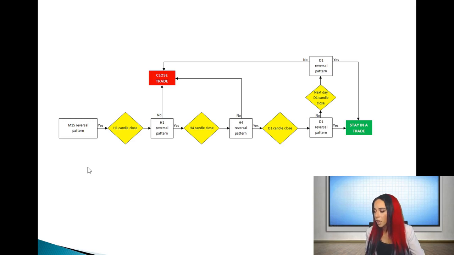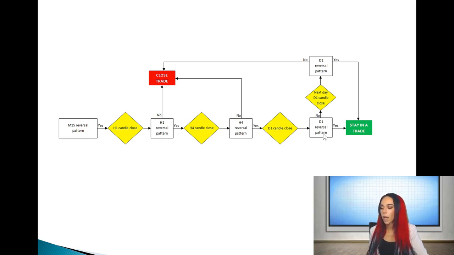Simple one this time. Let's say that you've used a 15-minute reversal pattern to enter your trade. So in this chart, you actually jump to a 1-hour candle close, because a 30-minute candle close is not going to tell you much different than the 15 minutes. So if there's no reversal pattern on the 1-hour chart, you will need to close the trade. If, however, there is another reversal pattern, you will then carry on to wait for the 4-hour candle close and then rinse and repeat. Now, once you get the daily candle close,